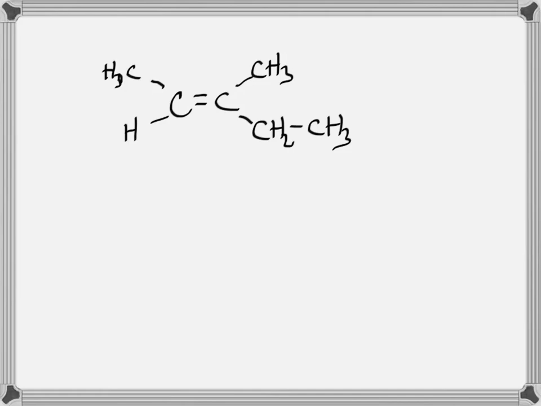But again, because I only see one hydrogen, not a second one, it's tough for me to determine whether this is a cis or a trans molecule. Now you might be looking at this thinking, oh look, there's two methyls, they're the same, so maybe it's cis. But again, that's not the way you do the rule. And so for this one, we have to use the EZ system of nomenclature, and let's walk through that process